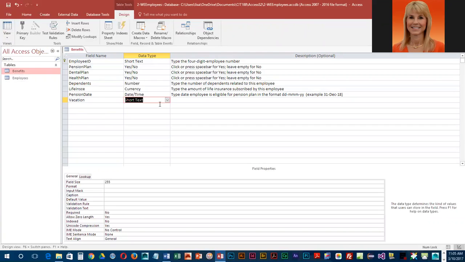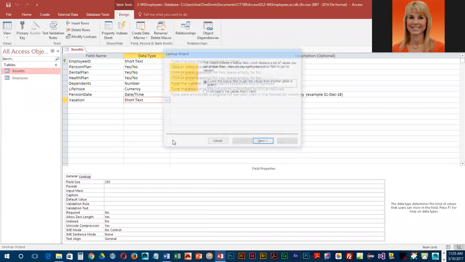So to give them a list of options, we have to use something called a lookup table. And you guys have all used them. In fact, for data type, this arrow, this is a lookup table, okay? So we're going to basically be creating our own lookup table. So we're going to come down here to the Lookup Wizard, because the wizard is going to help us create